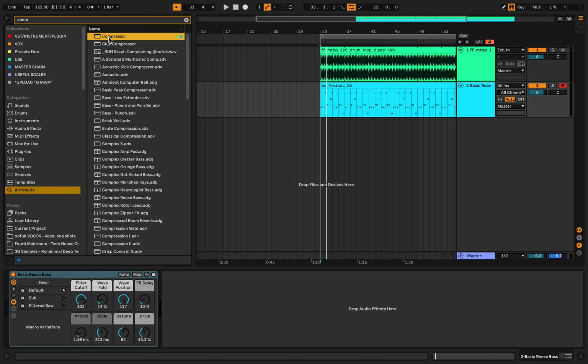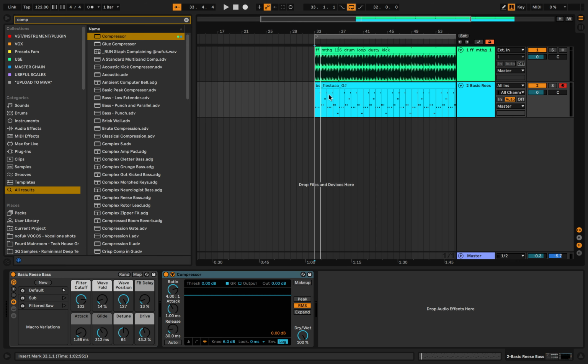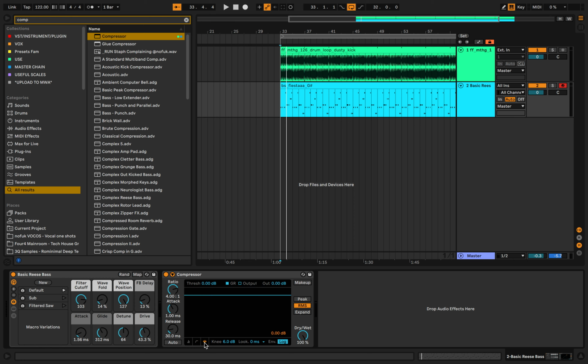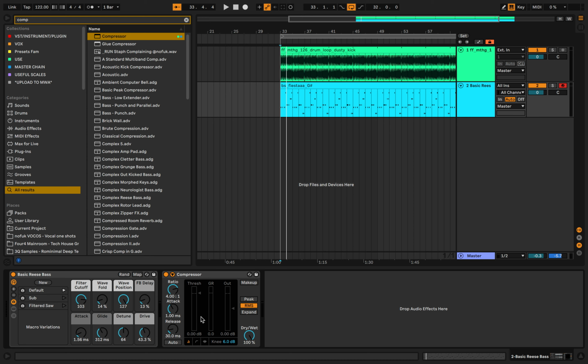So we're actually going to show you guys the compressor. If I was just to use this compressor by itself, it's got 3 different ways you can look at it. The compressor is what you use to begin a sidechain or create a sidechain. So the compressor may look basic to you, but this is the button that you want to look at